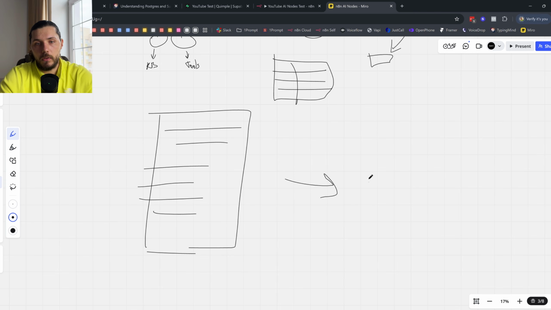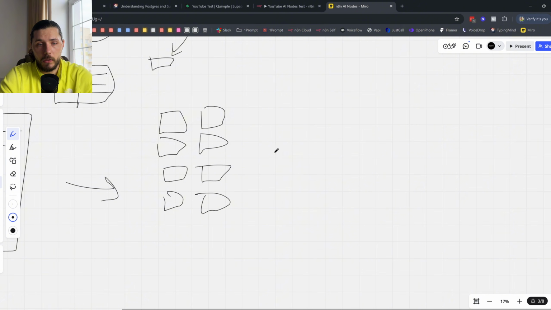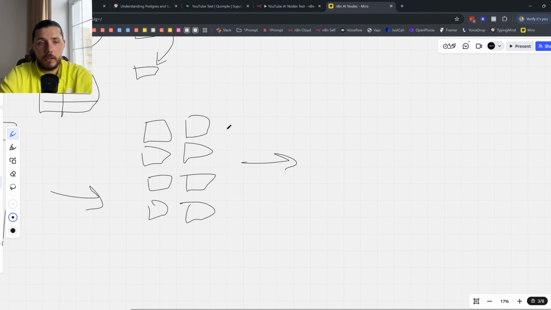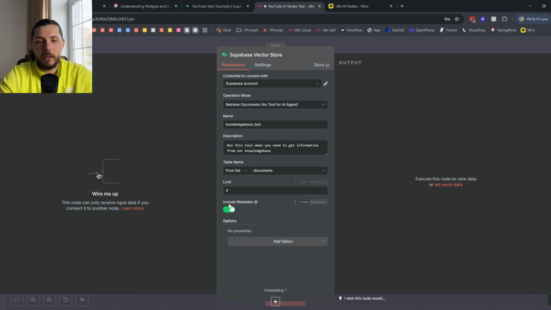The way it works is that it splits the document into different chunks. And when you are calling this knowledge base, it finds the most relevant chunks, and it outputs, let's say, 3 chunks. And then based on these 3 chunks, you generate a response. Hope this is clear. And just know that the more chunks you provide,